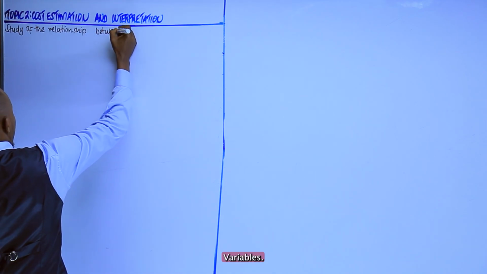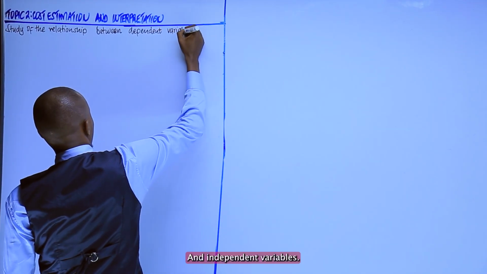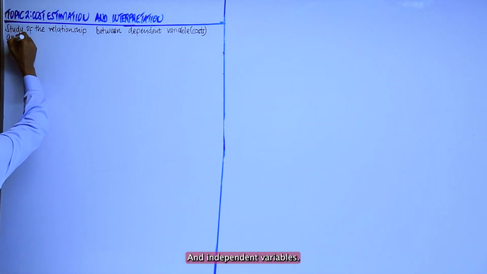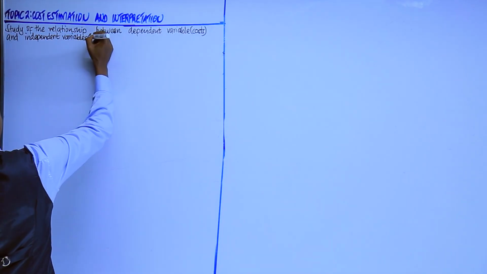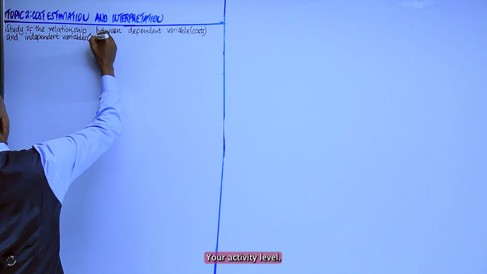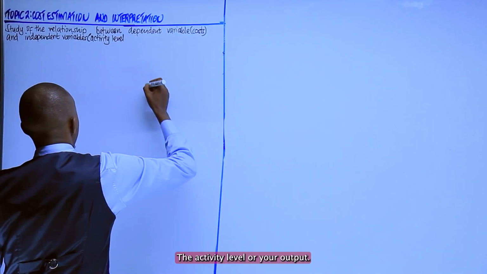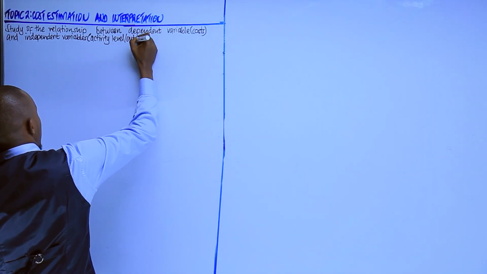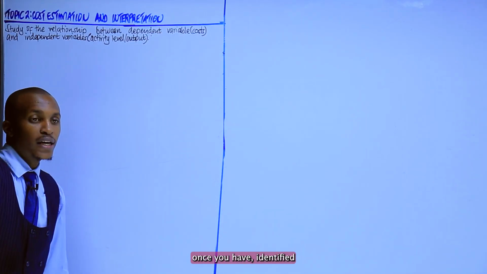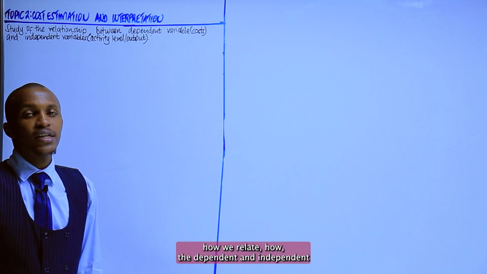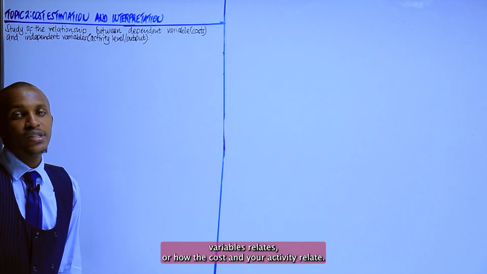of the relationship between dependent variables and independent variables. Dependent variables here are your costs and independent variables, which are your activity level, or your output. Once you have identified how the dependent and independent variables relate, or how the cost and your activity relate,